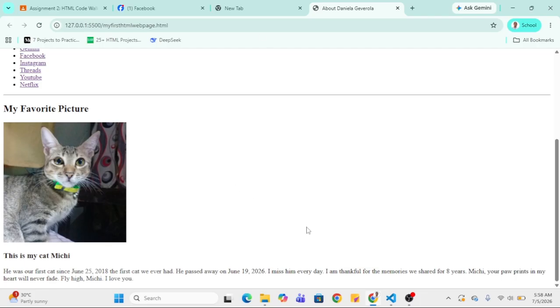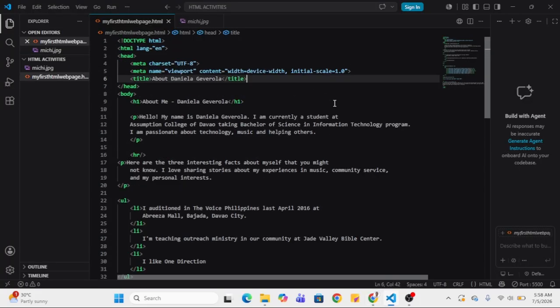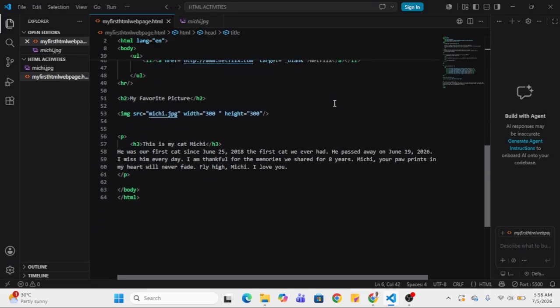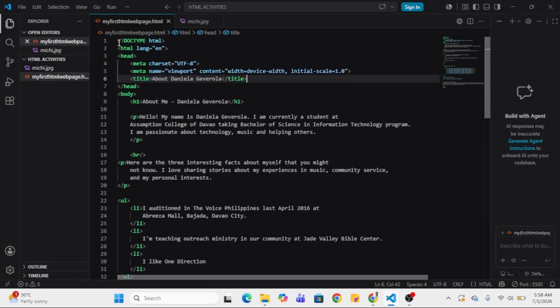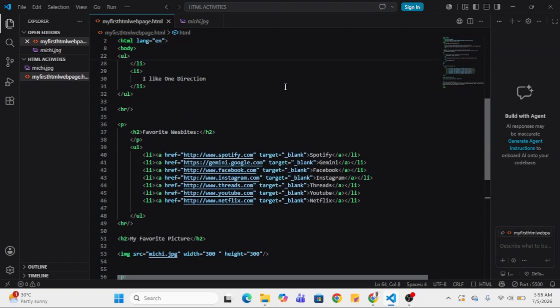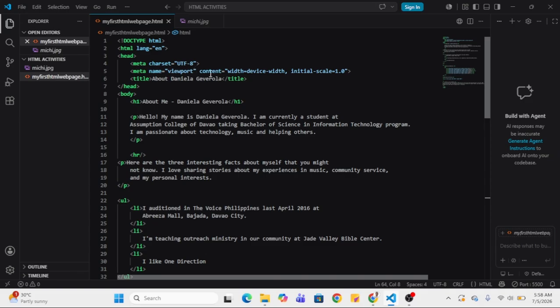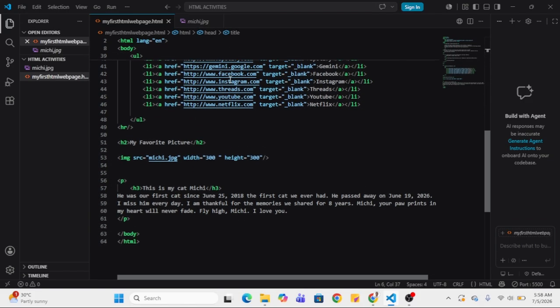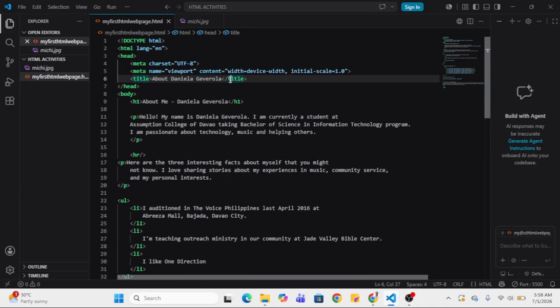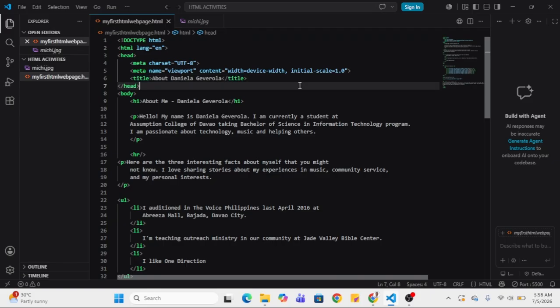So I learned that creating a website, even if simple lang talaga siya, we can really see all the code here, it is a long code, and you also need to consider the closing tags, because if each tag doesn't have a closing tag, it will not work properly. So we need to remember that, and I am satisfied with this as my first website.